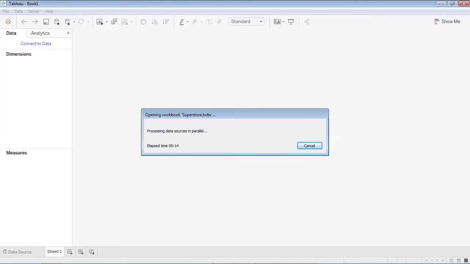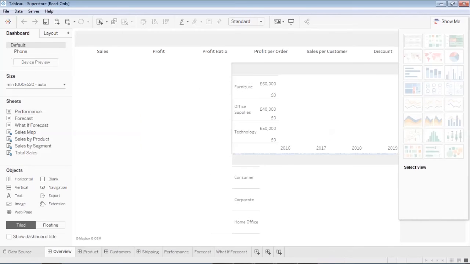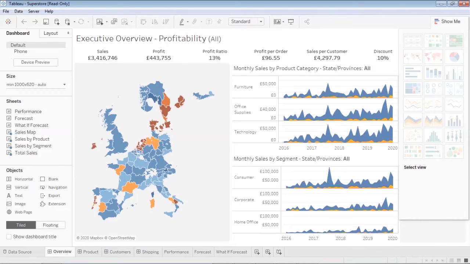So it's fetching the Superstore sample data, which comes by default as a sample in Tableau Desktop. Just wait a second, it's still processing. This data set has these many sheets: performance, forecast, sales map, sales product. This is how the dashboard looks.